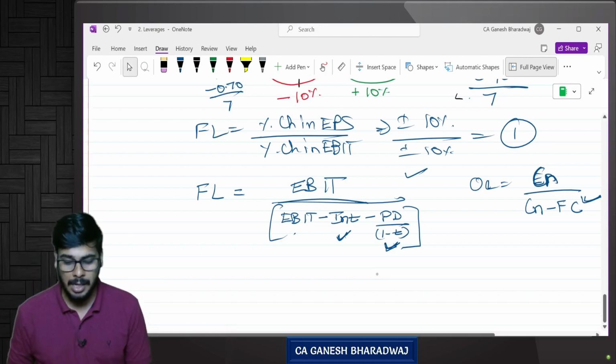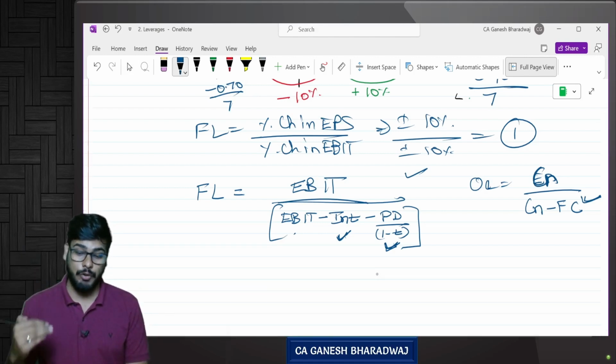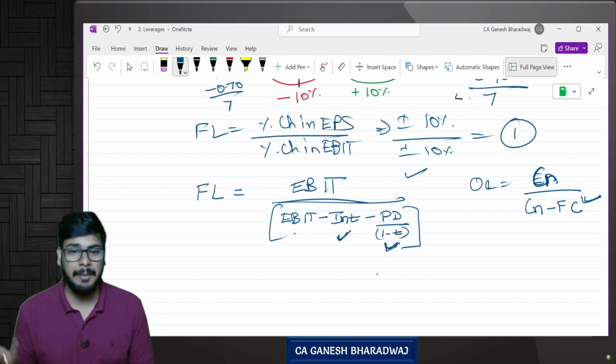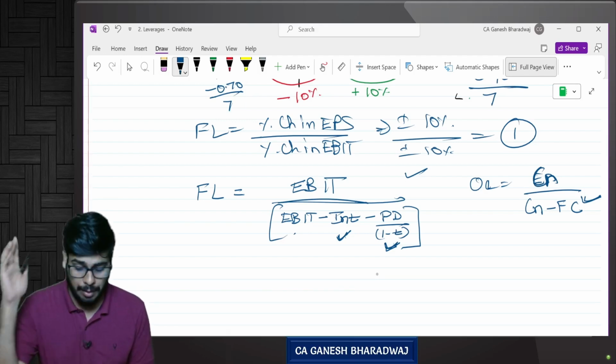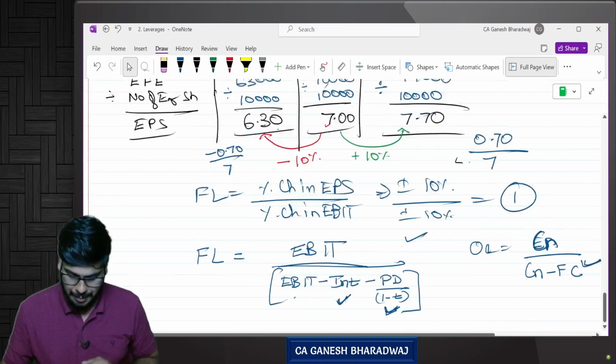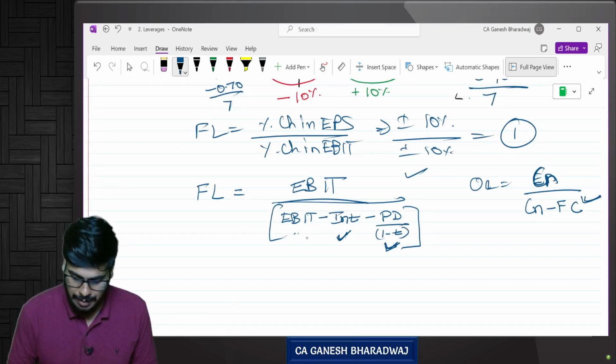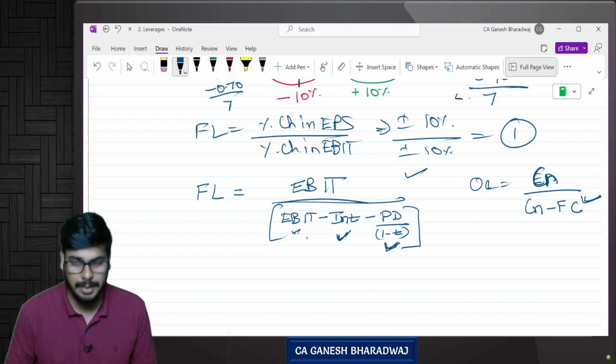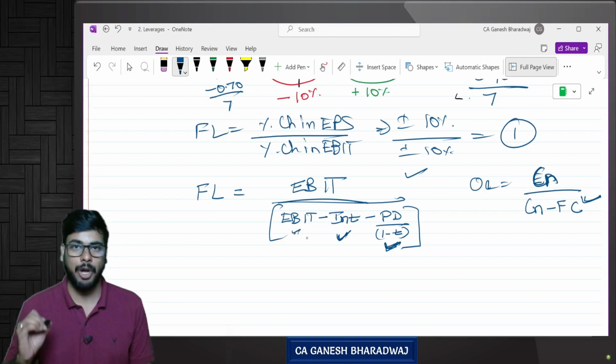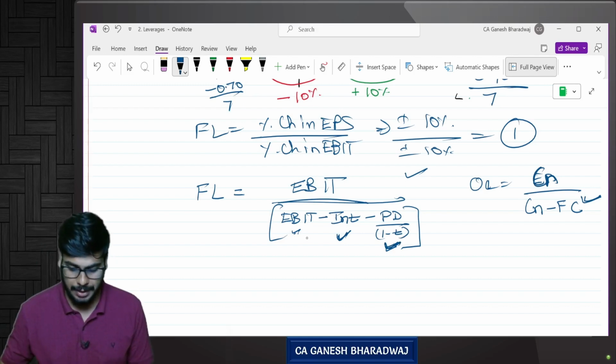One more thing. Sir, why for preference dividend alone you have put 1 minus T? Mathematically it is coming like that, but I can give you one more logic for it. Now you tell me here what we are doing. The denominator alone you just see: EBIT minus interest minus preference dividend upon 1 minus T. This is what we are getting. Yes. Now you tell me